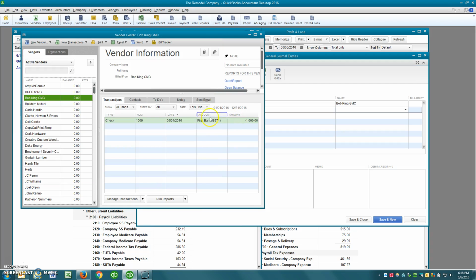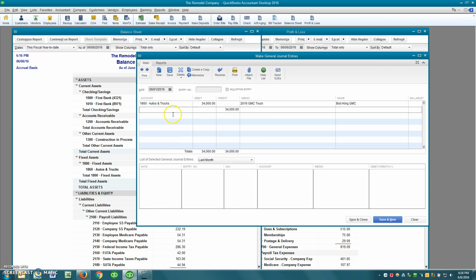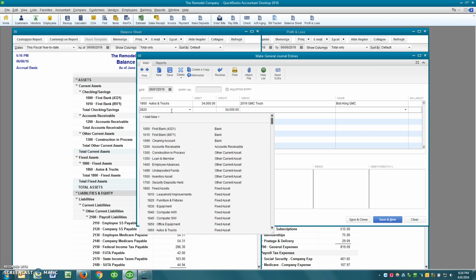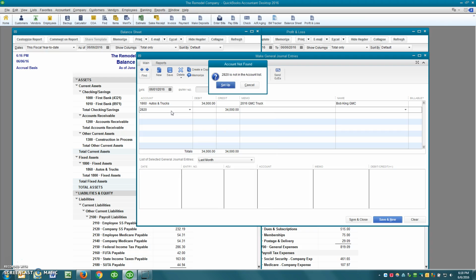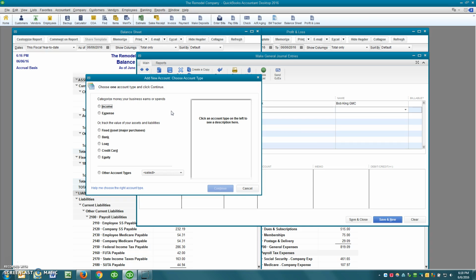All right. So then the other side, the credit side of that is going to be that notes payable account that we need to create. So when I type in 2820, which is the next logical number, QuickBooks is going to say, I don't know what this account is. Would you like to set it up? And so I'll click set up, and then I'll come down to here and I'll click on long-term liability,